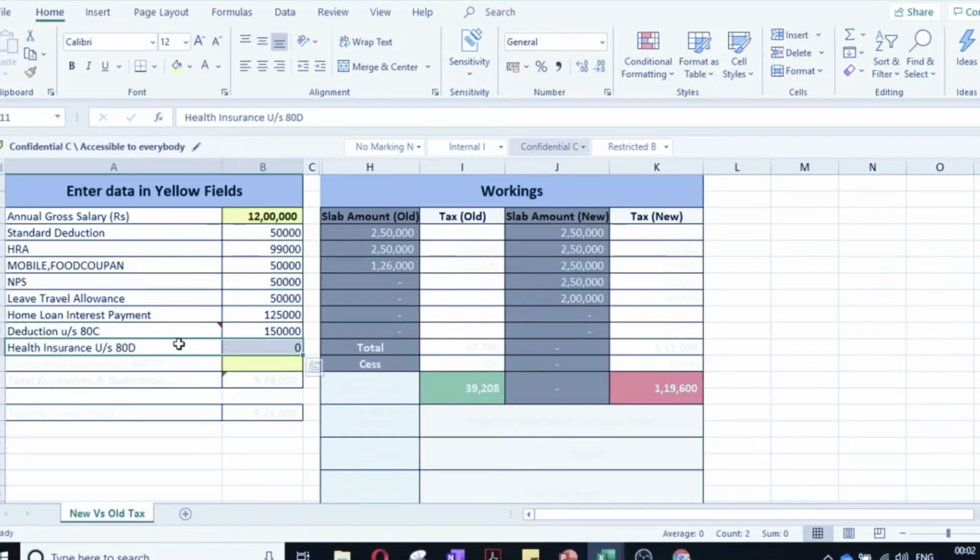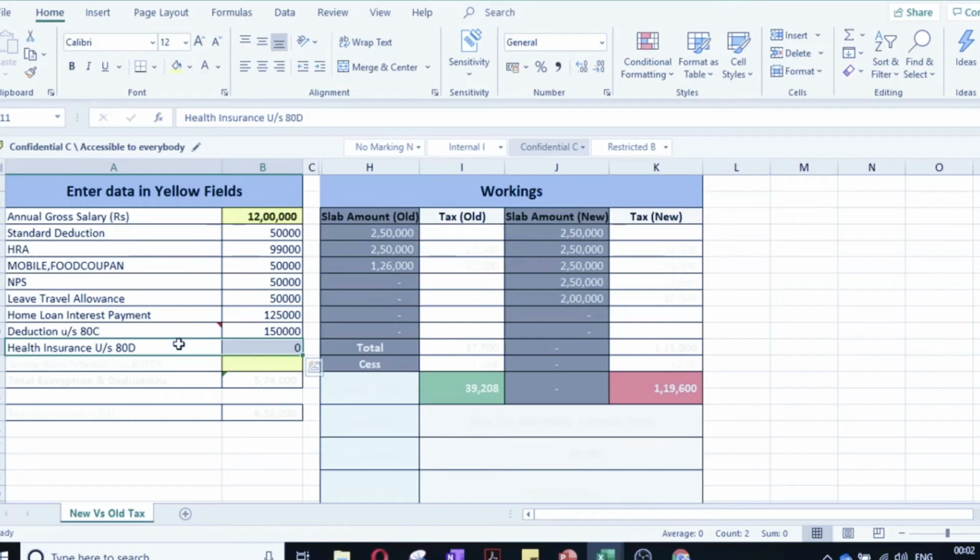Then health insurance, mediclaim is coming under 80D. You can take it for your father, mother, yourself, wife. The maximum is 35,000, that is 5,000 for you, 5,000 for your wife. That is the maximum you can take. Then your parents 15,000, somewhere it will come around 30-35.